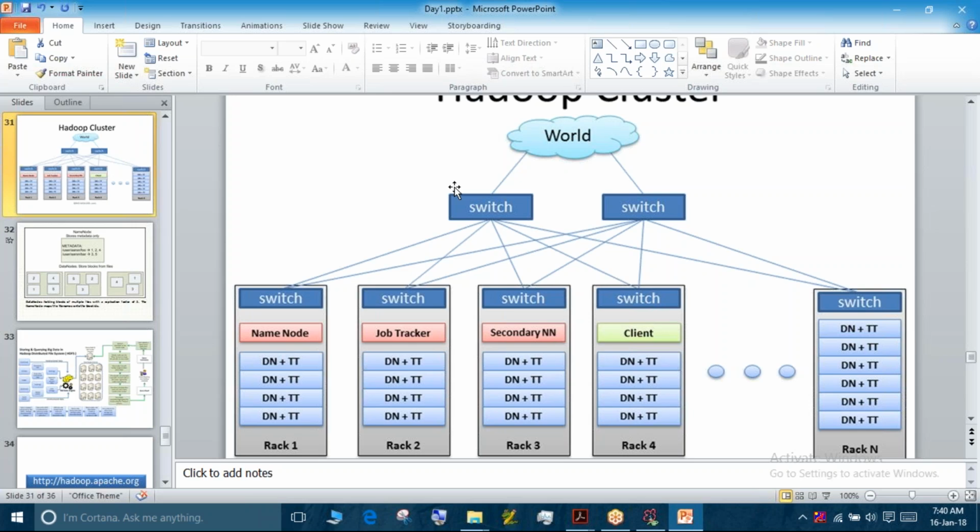Now for some reason, if the total rack is down, there is a possibility that the entire rack can be down. If a node is down, with the concept of data replication, it has been addressed well. But if the entire rack is down, then